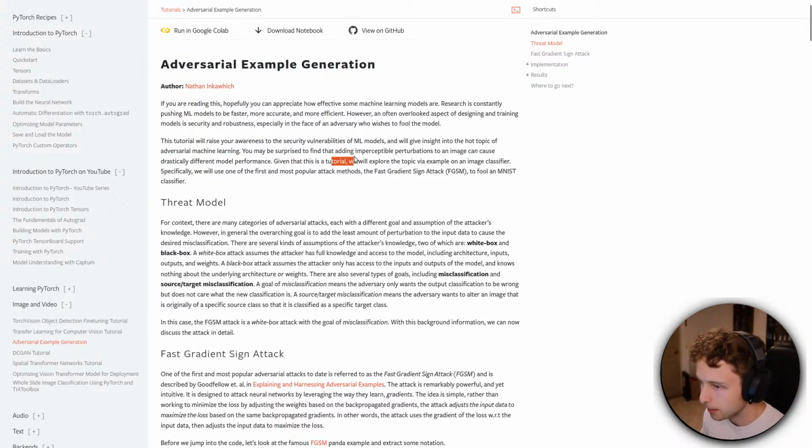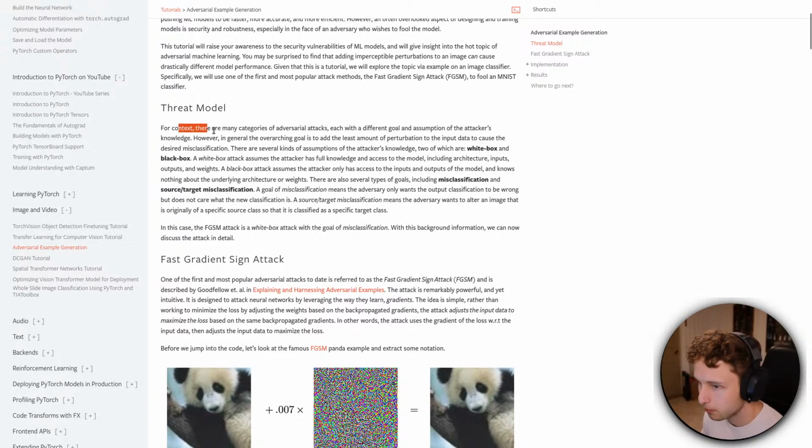Given that this is a tutorial, we will explore the topic via example on an image classifier. Specifically, we will use one of the first and most popular attack methods, the fast gradient sign attack, or FGSM, to fool an MNIST classifier. For context, there are many categories of adversarial attacks, each with a different goal and assumption of the attacker's knowledge. However, in general the overarching goal is to add the least amount of